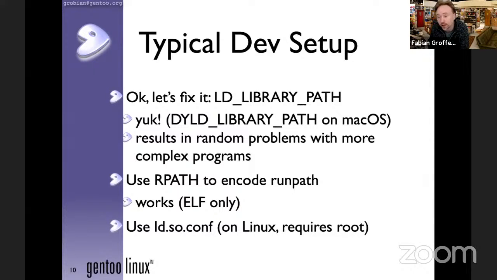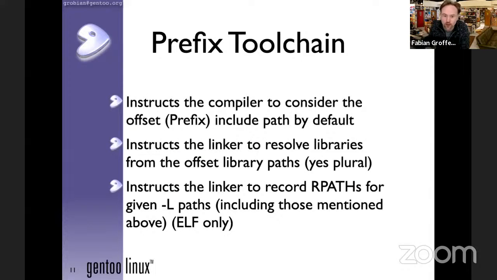Then you need to have root access. So you can solve this, but it's all manual. And that's exactly what the Prefix Toolchain tries to avoid. What it does is modify the compiler to, by default, look into this prefix, the specialized offset directory that we created, for the includes, such that everything that we install in that prefix is automatically seen, just as if it were installed in the main system.